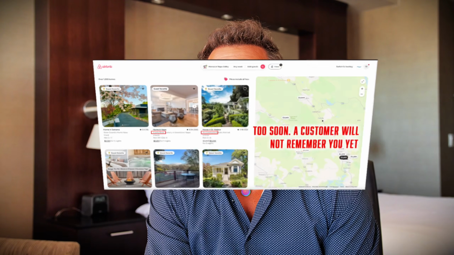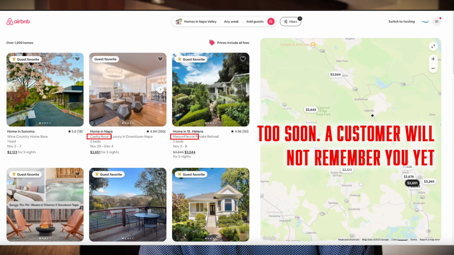Next, we have to decide where to put that name in our Airbnb listing. And this is where a lot of people go wrong. They will put the name Cherry Farmland Ranch in the title. And that's a bad place to put it for a couple of reasons. First reason is when someone discovers your listing on Airbnb, it first pops up in a search with a bunch of other listings. And the one thing that does all of the work to get you a click is usually the hero photo.